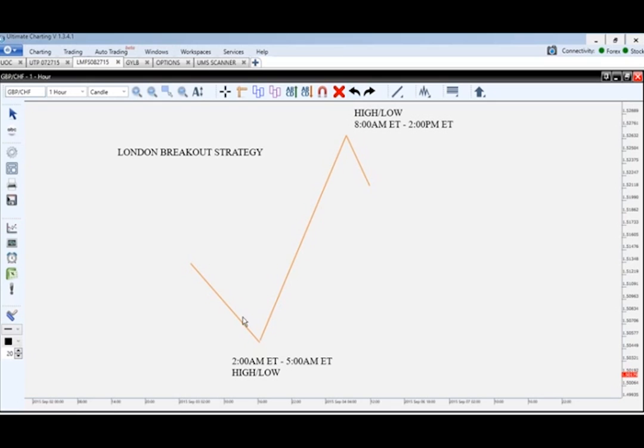What we have found is that generally the markets will form its high or low between 2 a.m. Eastern Time and 5 a.m. Eastern Time, and its opposite high or low between 8 a.m. and 2 p.m. Now to go back to that question of why we're using these 6 currency pairs, it's because